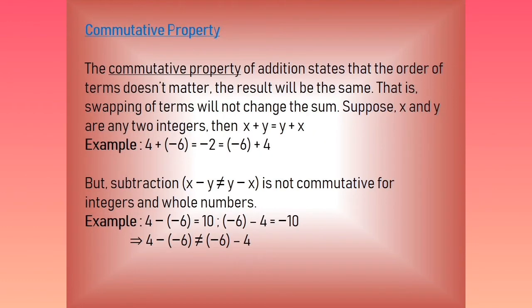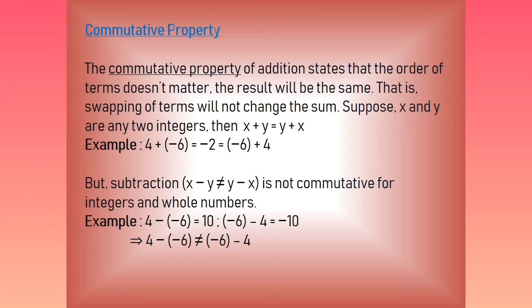Commutative property. The commutative property of addition states that the order of terms doesn't matter. The result will be the same. That is, swapping of terms will not change the sum. Suppose x and y are any two integers, then x + y = y + x. For example, 4 + (-6) = -2, and that also equals -6 +